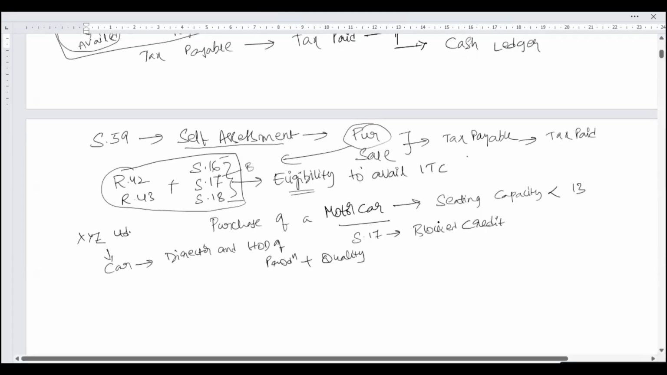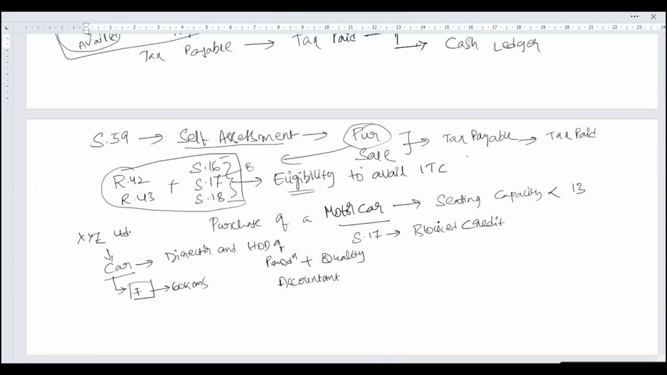They say, if my factory is located 60 kilometers from the city, this particular travel cannot be done by a bus and all. For the commutation purpose, I use this car for the purpose of directors. This is the fact they give. Now, for a moment, if the accountant who works in this company without knowledge